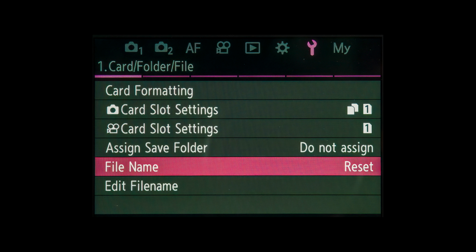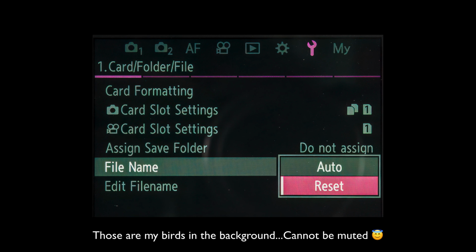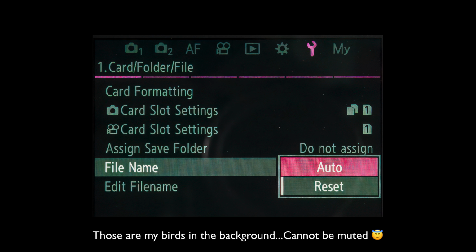Now we move on to the next setting, which is the file naming convention the camera uses. By default, it is set to reset, which means it will reset the file name whenever you format the SD card, which means that you will land up with duplicate file names after formatting a card. So unless you are careful while you are importing or renaming the files on import like I do, set this to auto so it will continue the naming across SD card formats. This is just to be on the safe side,